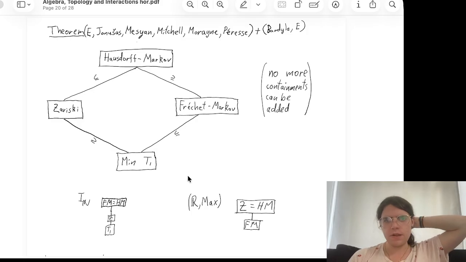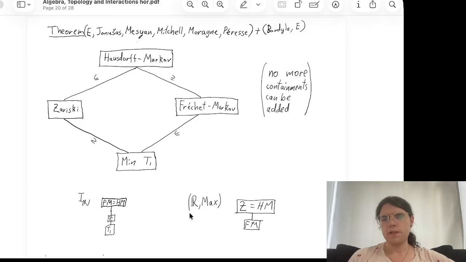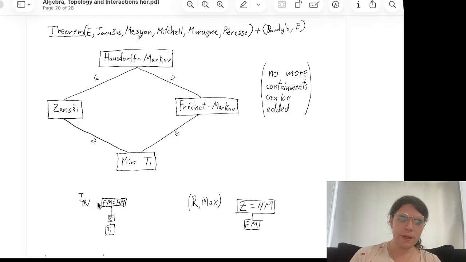So it was proved in this paper that the Frechet-Markov and Hausdorff-Markov topology on IN contain the Zariski, which contain the T1 one. And it was also proved that the Zariski is the same as Hausdorff-Markov, which contains the Frechet-Markov in the case of the reals with Max. So in reals with Max, this is the order topology, and this is some other thing. In IN, the T1 is the compact thing I mentioned earlier, and this is some weird thing that isn't the